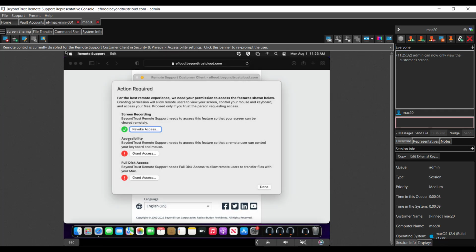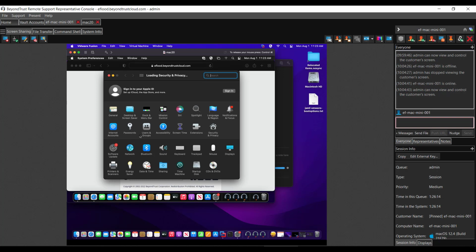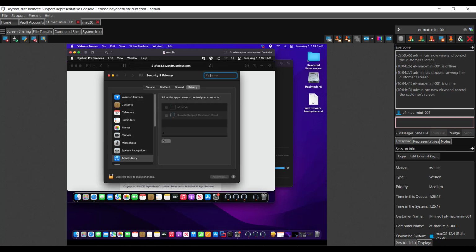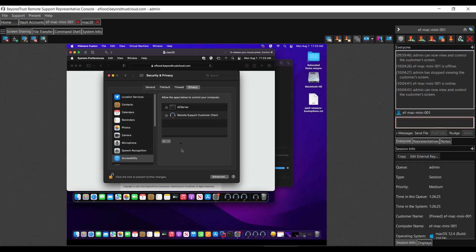There are a couple of system requirements we still have to complete. You see here it's asking for the accessibility setting. We're going to go ahead back to the end user to enable this setting. Jumping back over to that end user, they're able to select grant access, and we'll unlock the settings pane with our administrative credentials. Check the box next to Remote Support Customer Client, and go back to